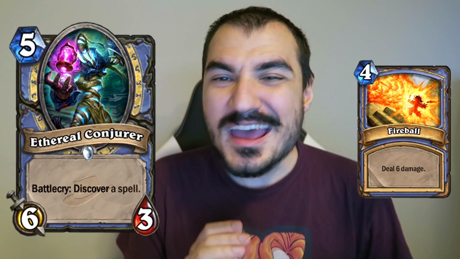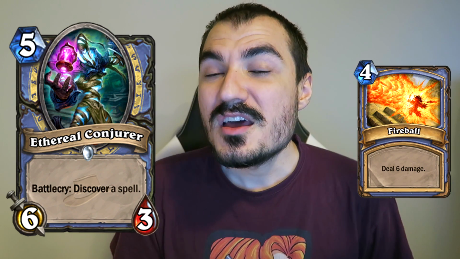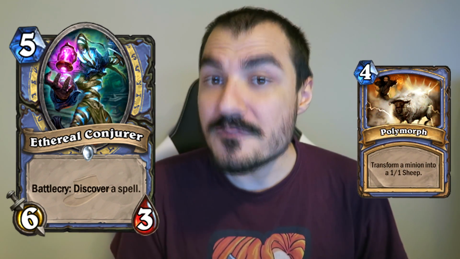It basically is in every single mage deck. But in some situations, you'd rather have a different spell. If you're losing on the board, and your opponent has a bigger minion, maybe you'd rather have Polymorph. Maybe you'd rather have a Flame Lance. So even though Fireball is on a higher tier level than the other cards, if you had the choice to